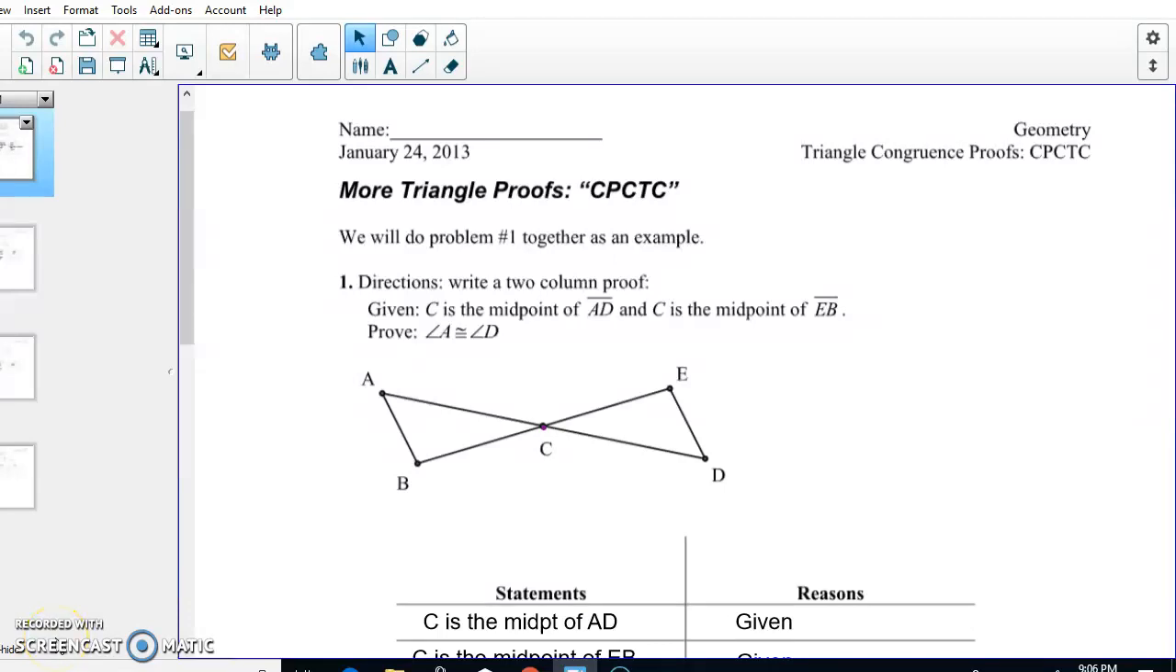Hi guys, it's Miss Cullen here, and I'm going to do a quick video on the CPCTC extra worksheet packet that I gave you. So if you're still struggling with this,